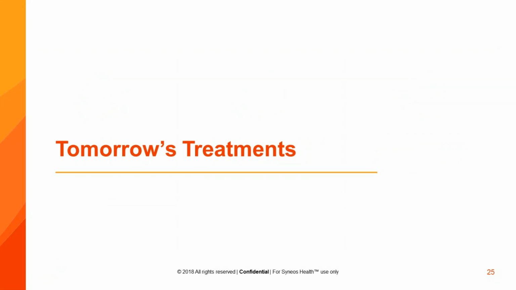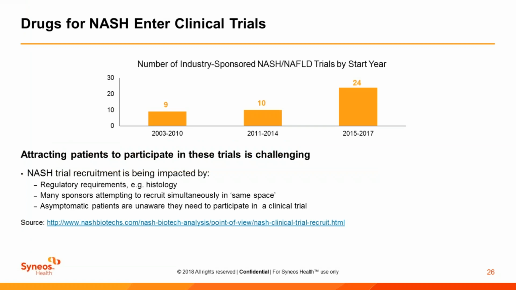So, 2 or 3 slides about, well, maybe not so much about tomorrow's treatments, some of which I've already alluded to, but for example, on this slide, and again, this may be familiar to many of you, there has been an almost exponential increase in the number of industry-sponsored trials in patients with NAFLD and NASH by time period. So along the x-axis, you can see time periods here, for example, on the left between 2003 and 2010, then more recently up to the end of 2014, and then the last 3 years up until the end of last year. And the information here is almost certainly